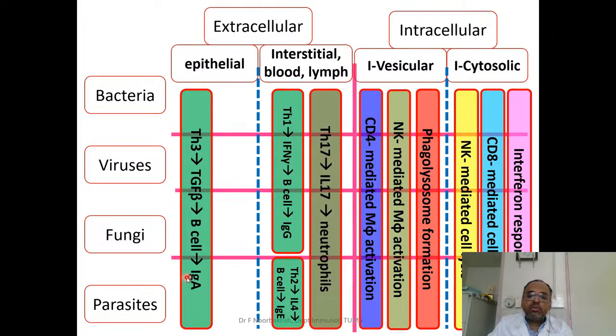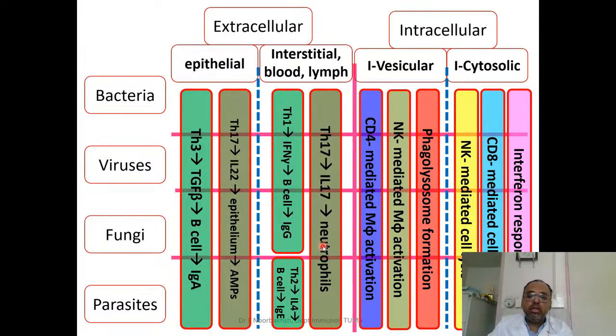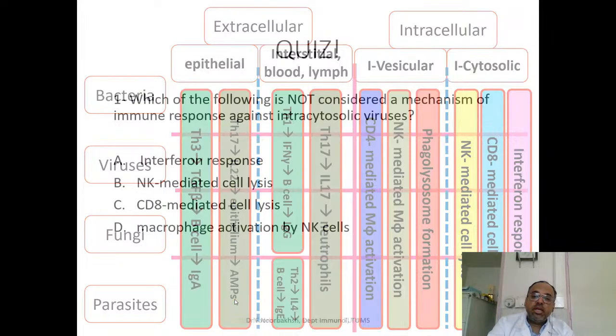And then we have two spaces for T helper 17s. If the pathogen is somewhere that neutrophils can have access to, then Th17 producing interleukin 17 and activating neutrophils. And if it's at the epithelial surface, Th17 producing interleukin 22, telling epithelial cells to produce antimicrobial peptides. So this is the entire structure. And it's a very colorful slide. It summarizes almost everything that I said in this class. And yeah, it's the end of the class.